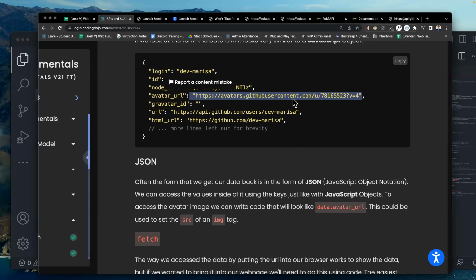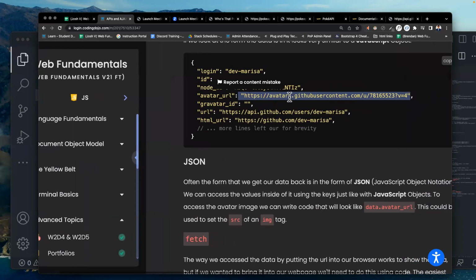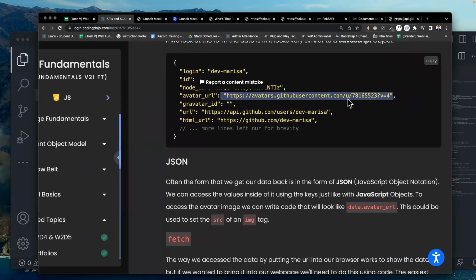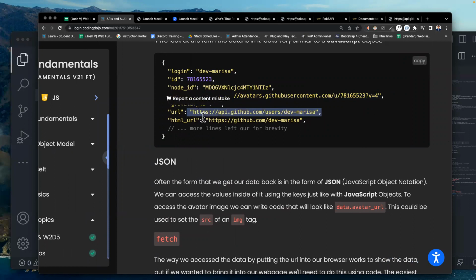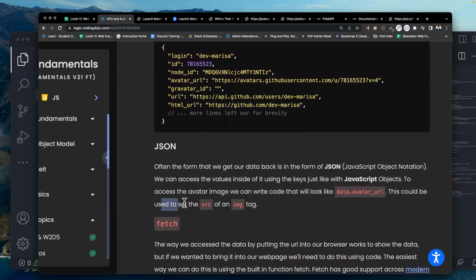So it seems like another object, or it actually has access to an image. Some of the values for these key-value pairs are themselves URLs to more information. So it's information nested within information in the form of URLs. This could be used to get the src of an image, the source of an image tag.